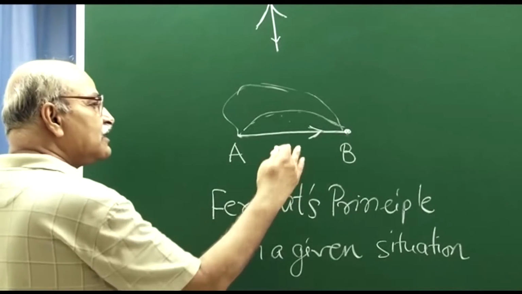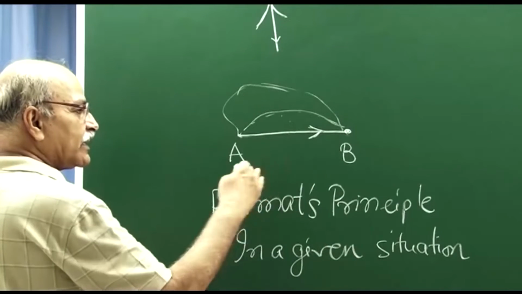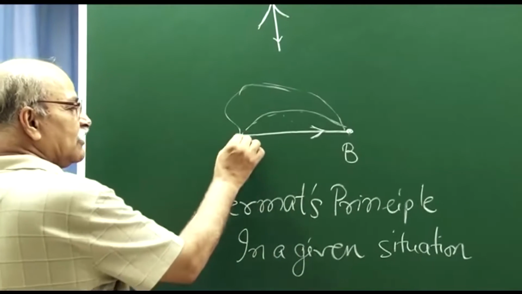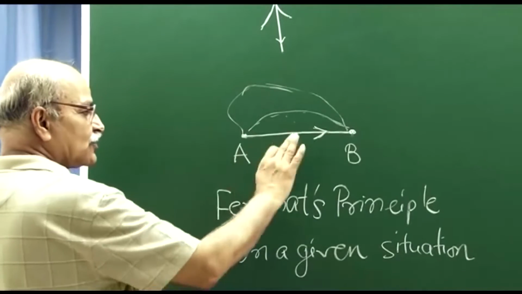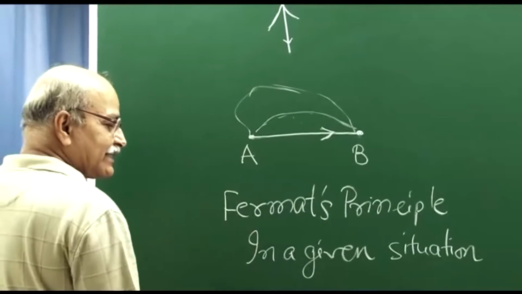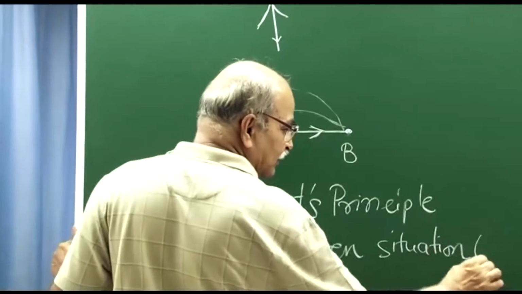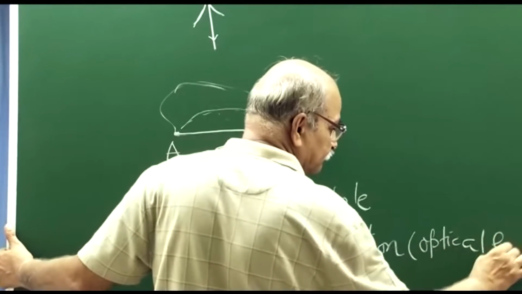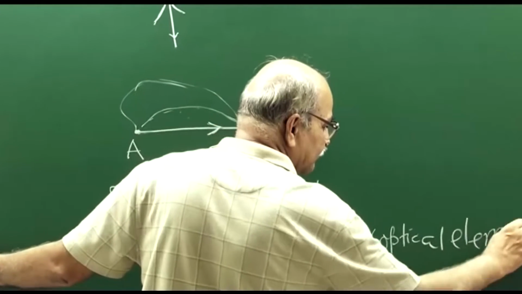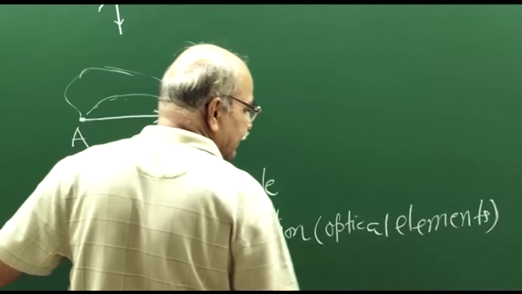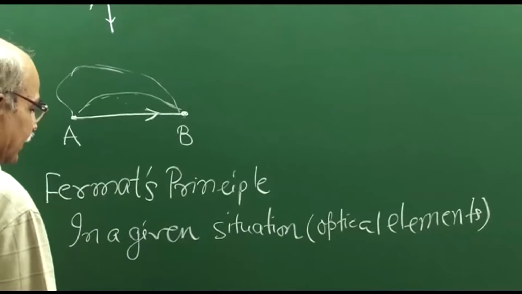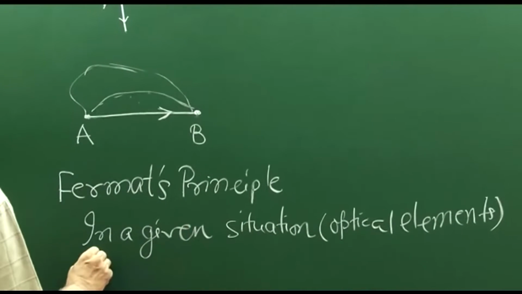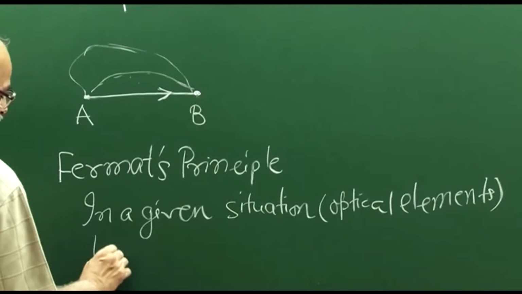Even if you have certain lenses, mirrors, some optical elements, then also if you are given 2 points, it has to choose a path which takes least time. In a given situation, that means all your optical elements are given. What is optical elements? Mirrors, lens, prism, like that. So in a given situation, light